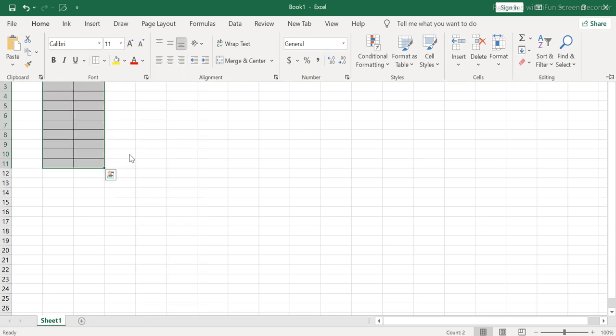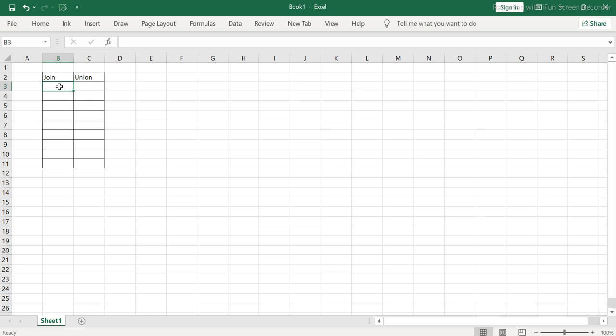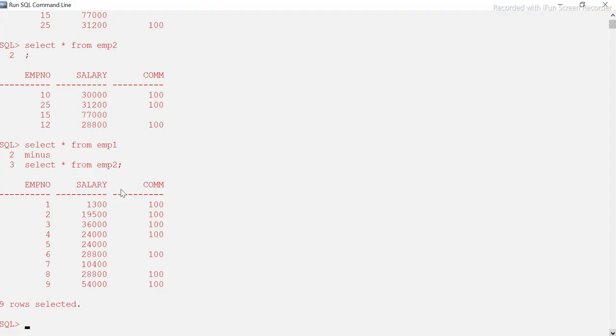Now, as we have seen in this query, the data is combined between these two, I mean in the set operator. The number of columns will always be the same, because it is supposed to have the same number of columns in table 1 and table 2, EMP1 and EMP2, with similar structure and similar data types as well.